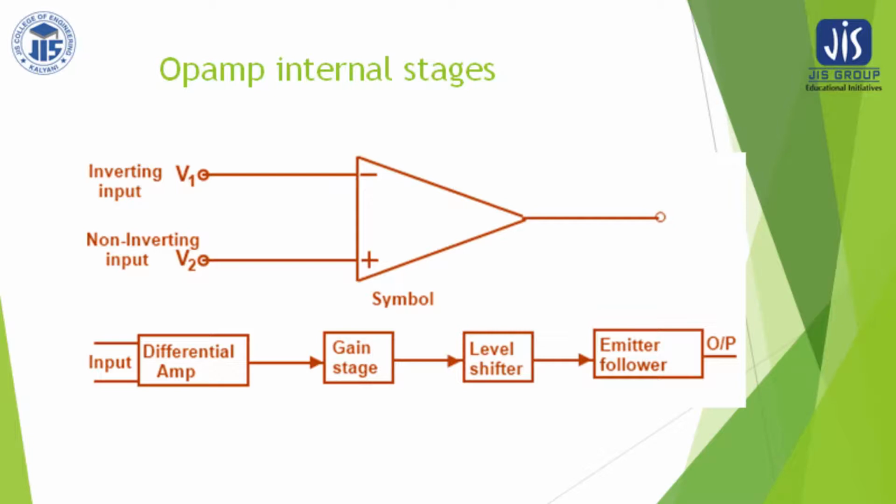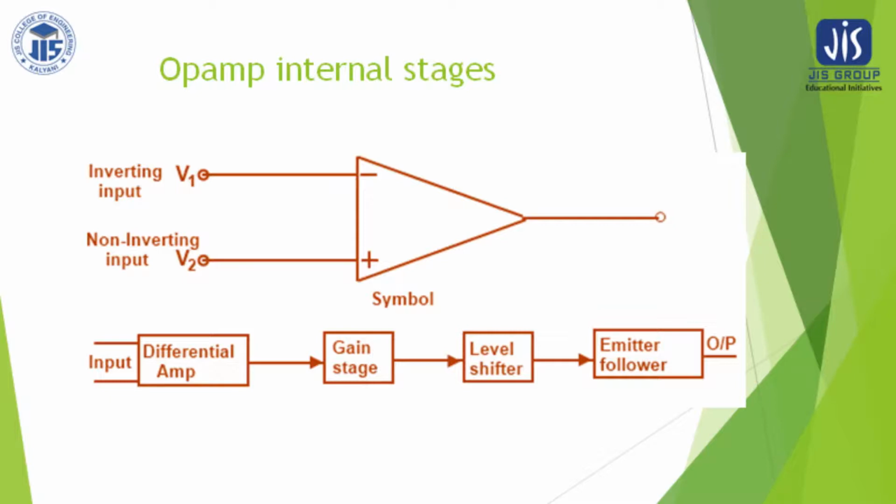So these are the internal stages of the op-amp, in which differential amplifier 1 and differential amplifier 2 are similar stages which come two times, because they are responsible for giving high input impedance and high voltage gain to the op-amp. And thereafter there is a buffer or level shifter. It is an emitter follower circuit that provides a suitable output level.